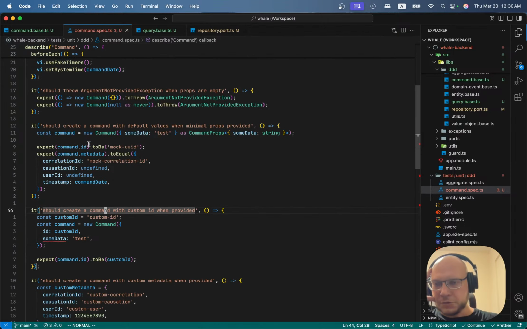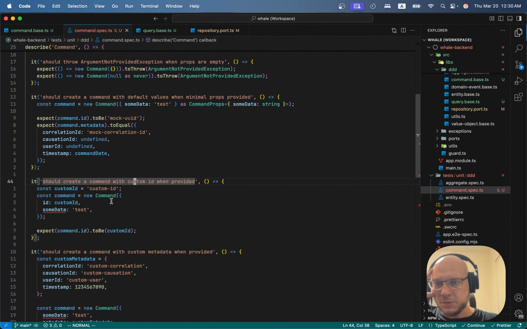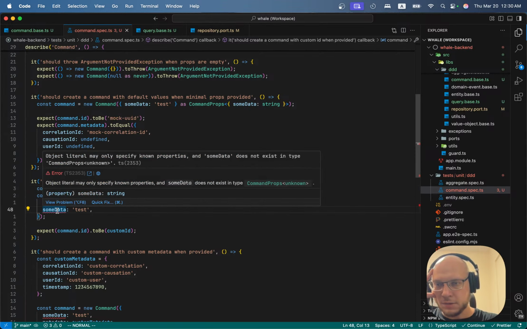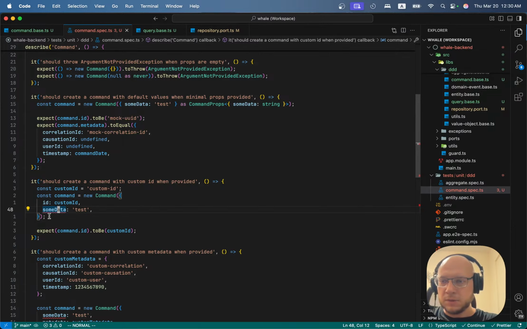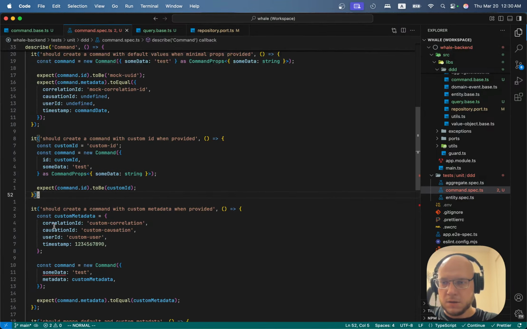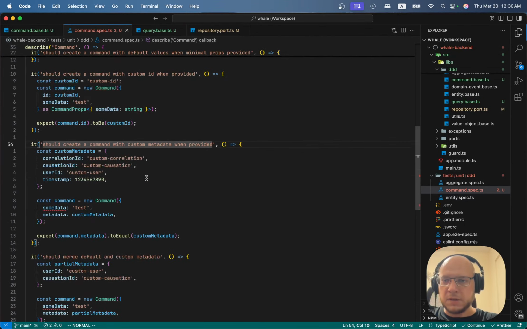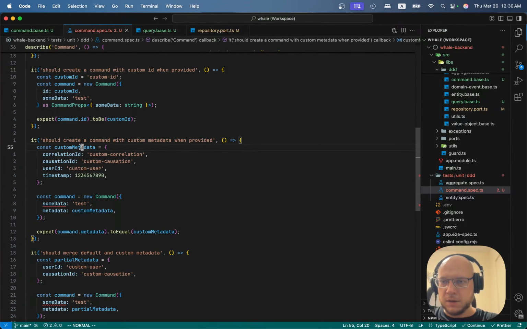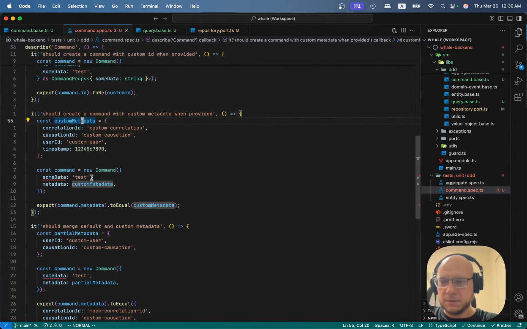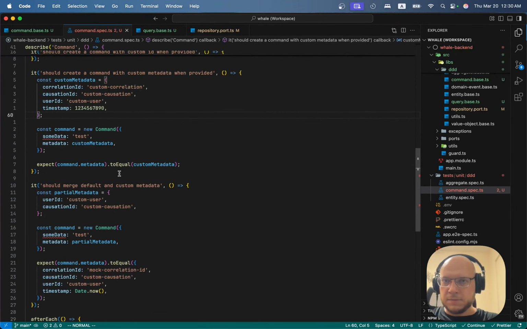Okay, it should create a command with custom ID when provided. Custom ID equals custom ID, some data equals test. But it should be as command props. Okay, it should create a command with custom metadata when provided. Custom metadata is defined, right? Okay, let's quickly